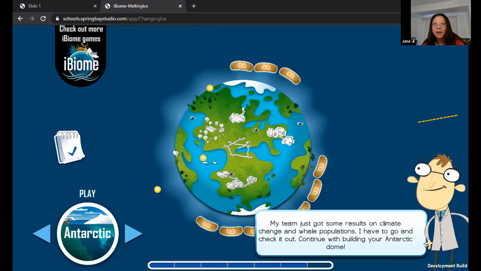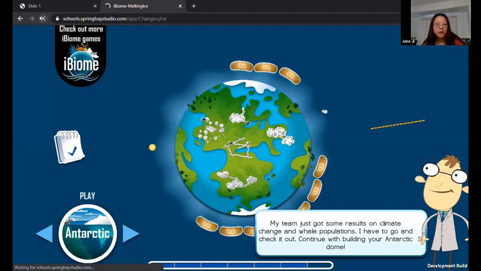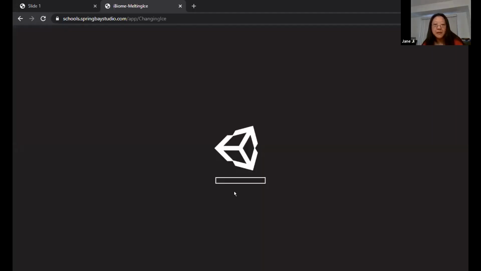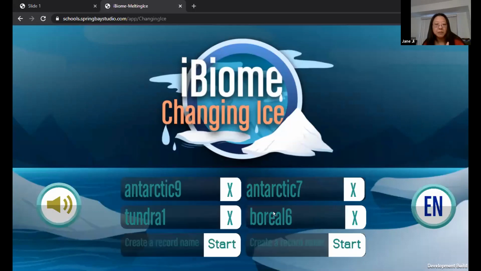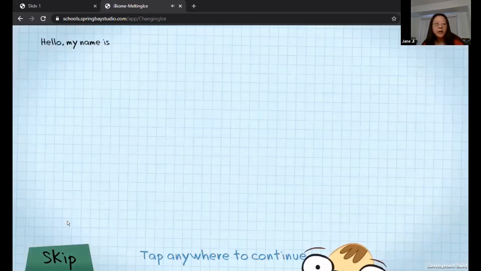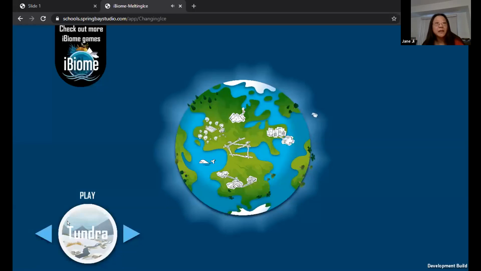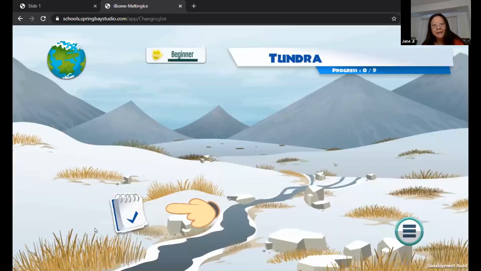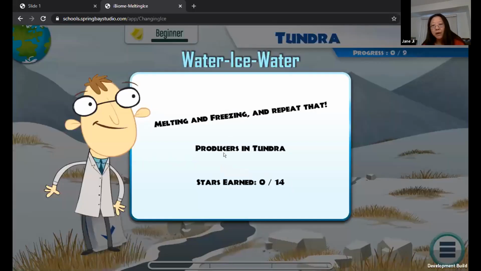The other example I would like to share with you is to jump into another bookmark, where you will be able to see how the game slows down its pace in its tutorial to teach the kids the basic science. So from here, I'm going to use the Tundra example. This is the first mission in the Tundra. We're going to talk about what permafrost is, how global warming thaws the permafrost, and how that impacts our home, our environment.